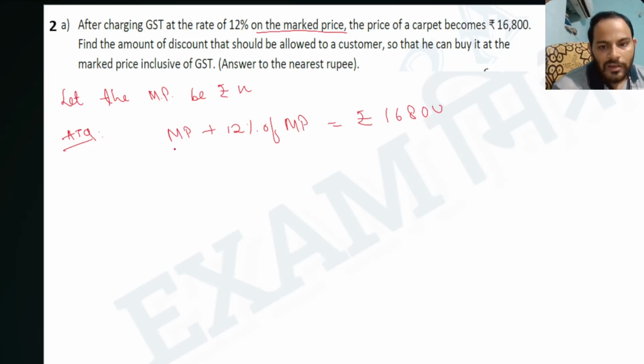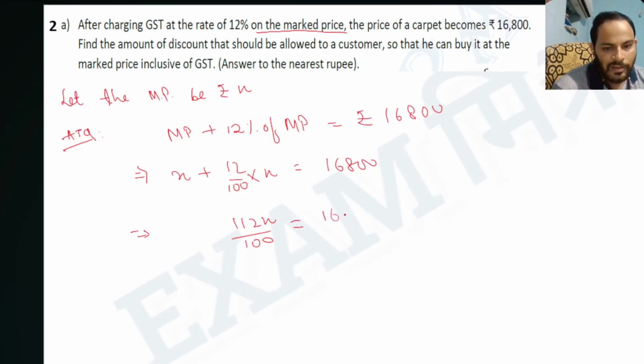The marked price is X, so X plus 12 by 100 into X equals 16,800. If we solve this, it becomes 112X upon 100 equals